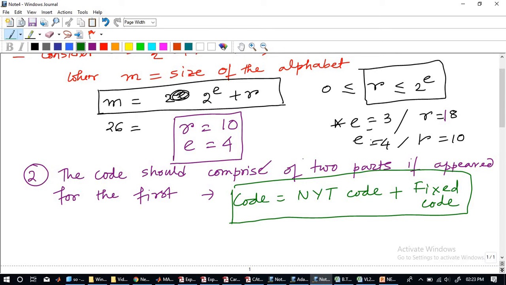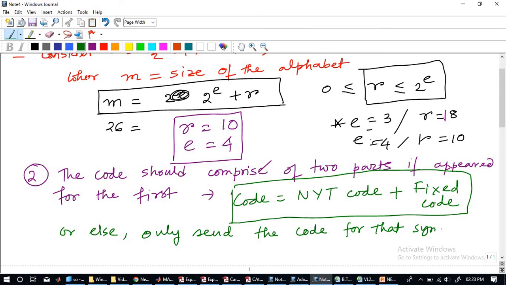What is the NYT code and what is the fixed code? I'll come to that. Or else, when the letter is repeating, which we observed last day, letters can repeat, then we only send the code for that symbol. Everything will be clear when we take the example.